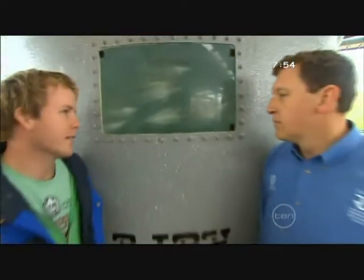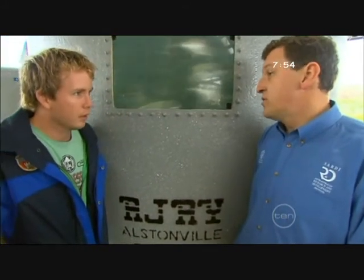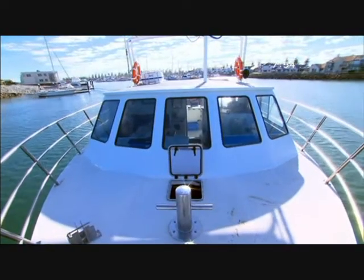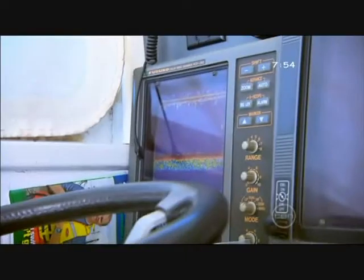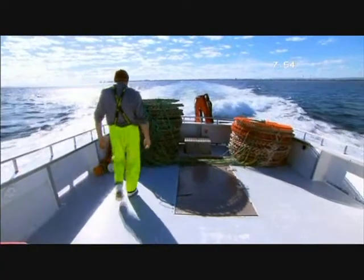Cameron, how do we figure out what a safe level of fishing actually is? Well, we need to do research on the key commercial species like fish and crustaceans. That can be a combination of aquarium experiments, laboratory experiments, and also field studies. Field research is one of the best ways to learn more about the health of the wild population of a certain species. Regular surveys can tell us if numbers are increasing or decreasing over time, or if certain locations are